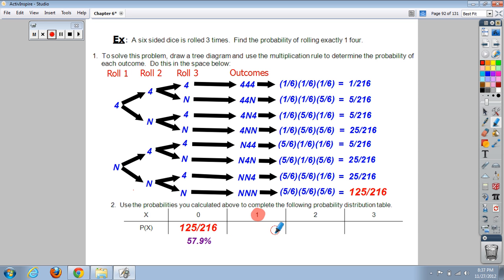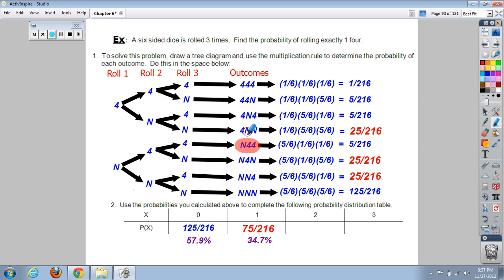Getting 1 4, well, it either happened here, or it could happen here, or it could happen here. Either the 4 was the first, the second, or the third roll. Now, each of those 3 outcomes have a 25 in 216 chance. And all 3 of those outcomes are disjoint events, so we may add together all of those individual probabilities, which will give us a 75 in 216 chance, which is a 34.7% chance